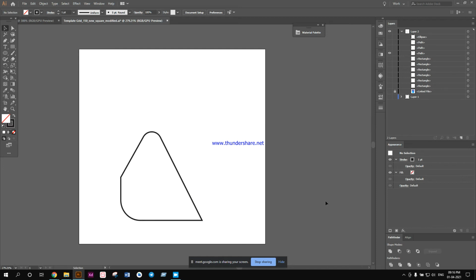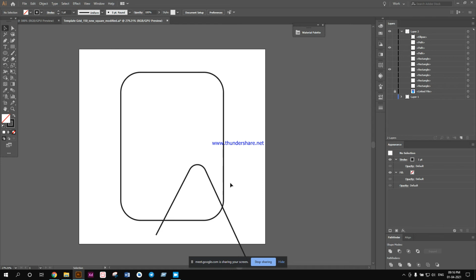Intersect will take two bounded objects, keep whichever part is intersecting between them, and delete everything outside. Now I have one mountain proper. For the other mountain as well, I will do the same thing, like this.